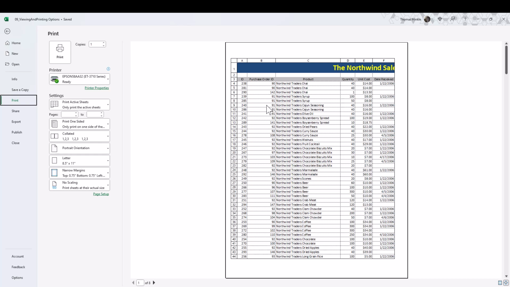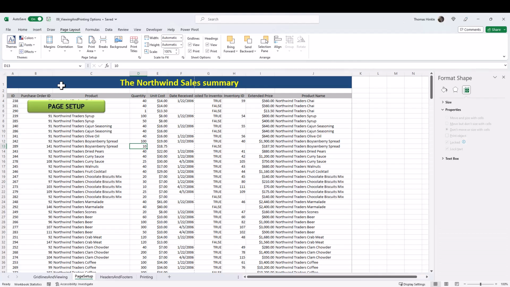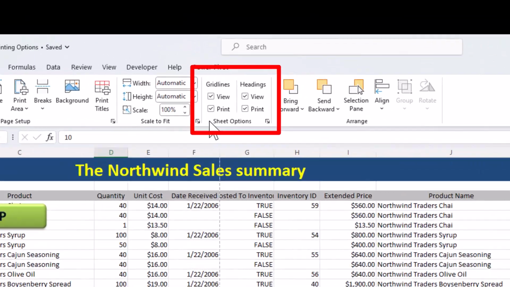So now let's take care of the grid lines and the column headings. We've got column headings in our worksheet for what the data is, so we don't need A, B, C, D, E, F, and we don't need the row headings either. So let's go back, and on our page layout ribbon, over about 3/4 of the way over, we've got sheet